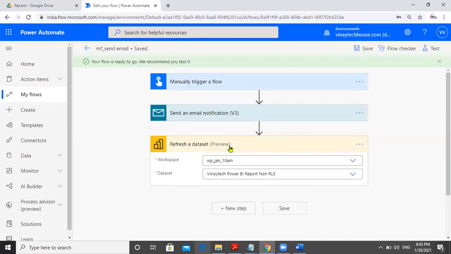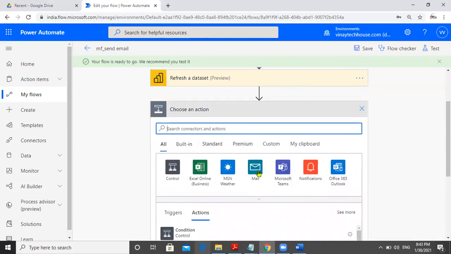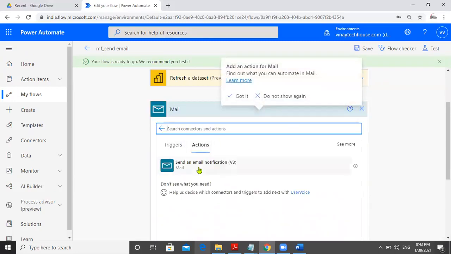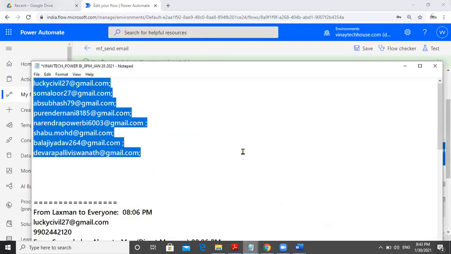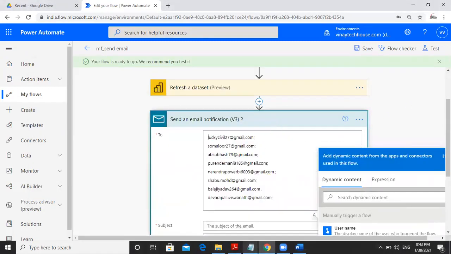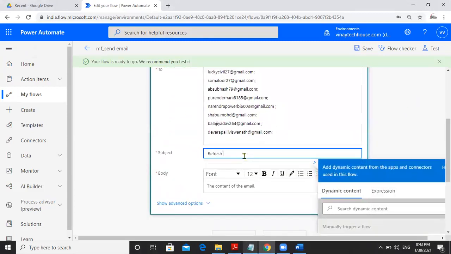Again, after refresh, I want to send an email. New step. Email. Send an email. List of email IDs again. Here, refresh completed.